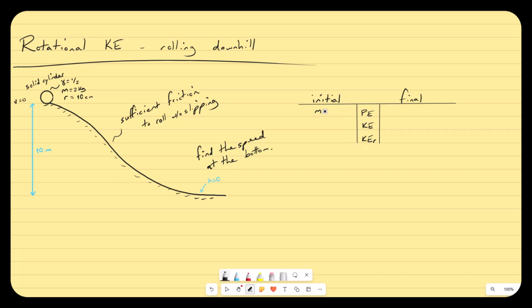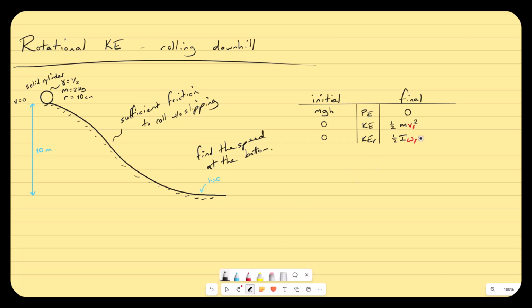My initial potential energy is mgh. I know all of those values. My initial kinetic energy, I'm starting from rest. My initial rotational kinetic energy, I'm not rolling yet. My final potential energy is 0. My final kinetic energy, I'm going to have 1/2 m v final squared, because I am making it to the bottom, I'm moving forward. And rotation, 1/2 I